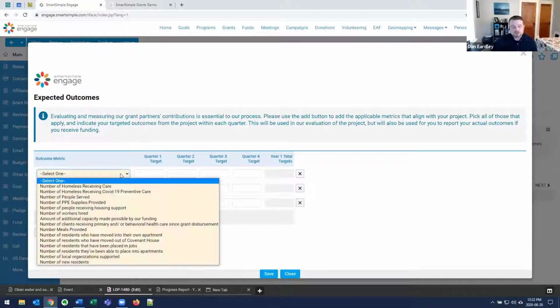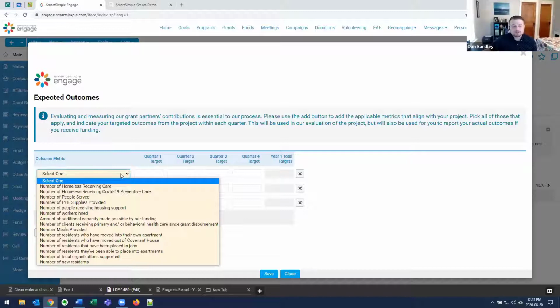What this organization is doing is that they predefined a series of metrics that were important to them based on the industry that they live in. For them, it's within the healthcare environment, and so their different series of granting programs are all focused around that. They defined a list of metrics for each of their different granting program areas so that it's dynamic, so that for each type of grant, there's a specific list of available metrics that aligns with that specific area, and then allows their applicants to select those that are going to apply to their specific program or project.